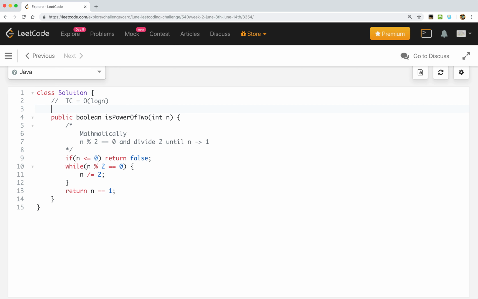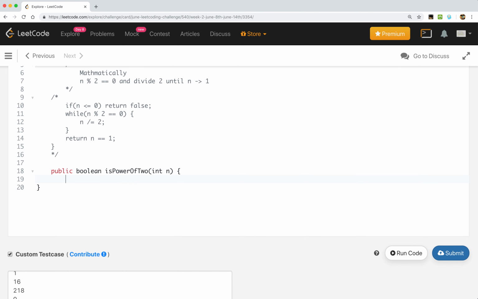Now for the recursive solution, we simply return a check that the number should be greater than 0 and the number should be even, and the recursive call is power of 2 of n divided by 2 should give us true.